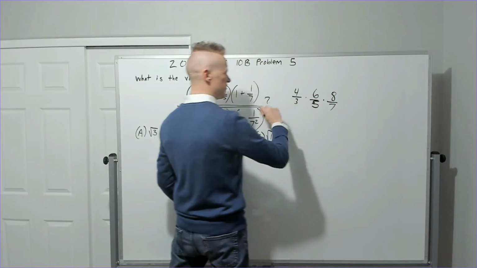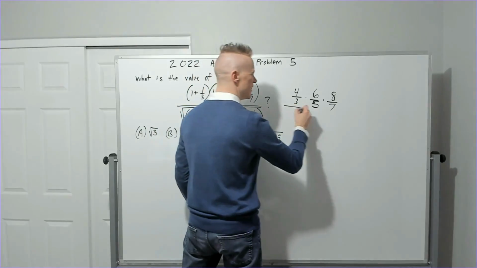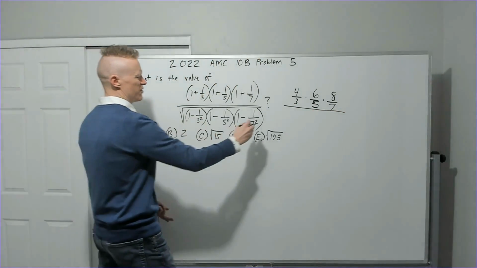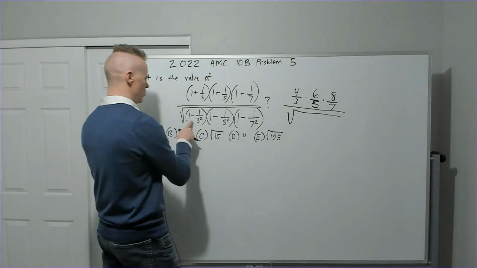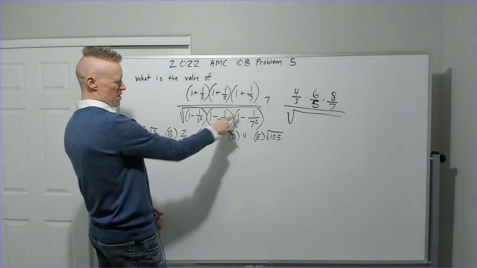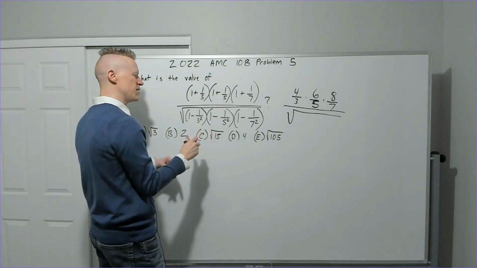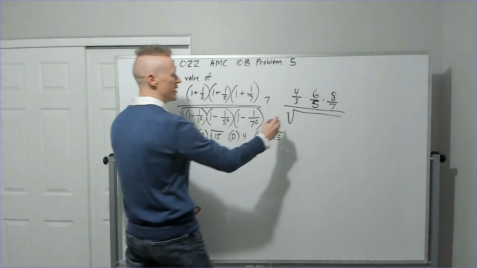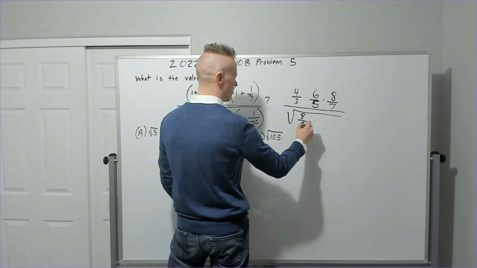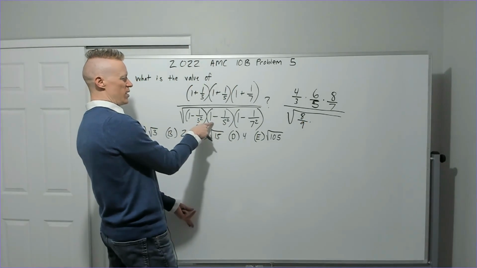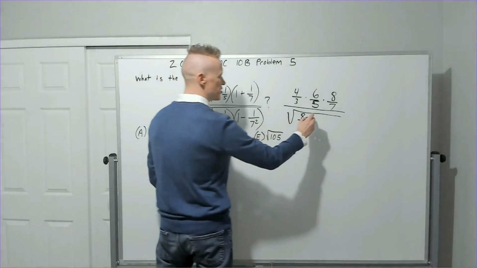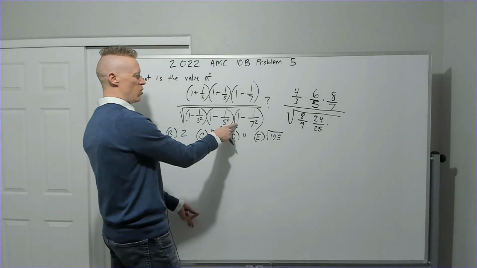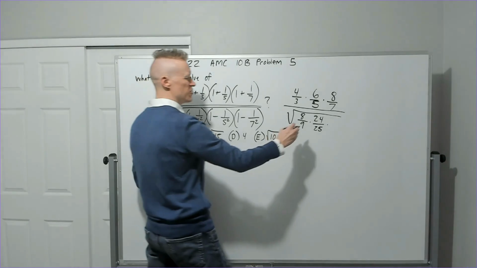Now you might want to simplify that. Don't bother yet, just leave it. In general, don't simplify till you have to. It's one of the general rules. So we're going to have a square root now of 1 minus 1/9. Now maybe you could do something with this. Who cares? 1 minus 1/9 is 9/9 minus 1/9 is 8/9. So I'll write it like that. And this is going to be 1 minus 1/25, which is 24/25, times 1 minus 1 over 49,